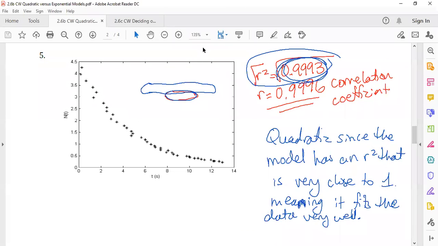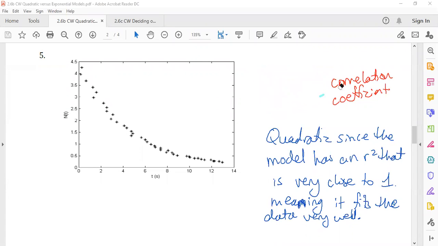Okay, moving down to number 5. I'll keep the quadratic one up. And moving down to number 5 here. All right. Launching my poll. Actually, so far, before we do the poll,